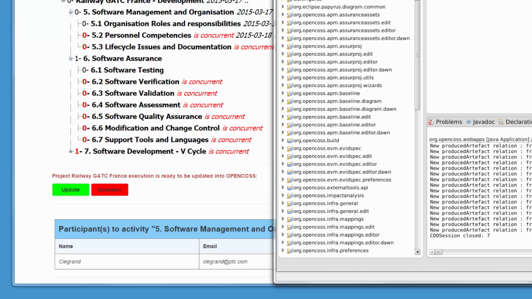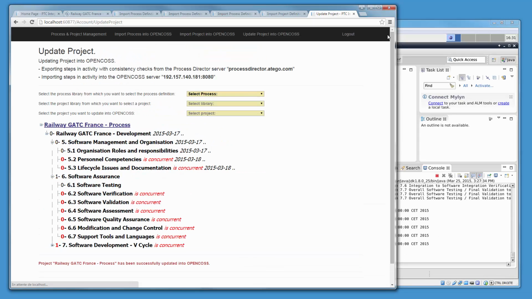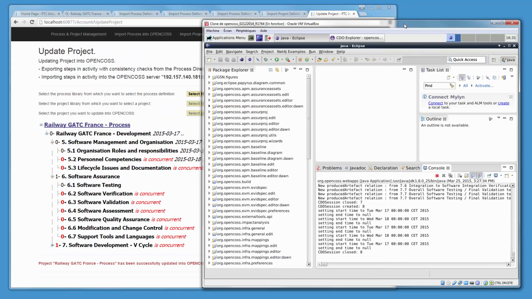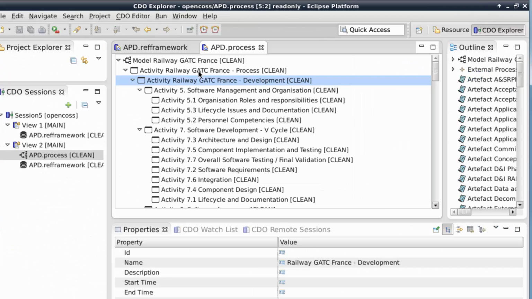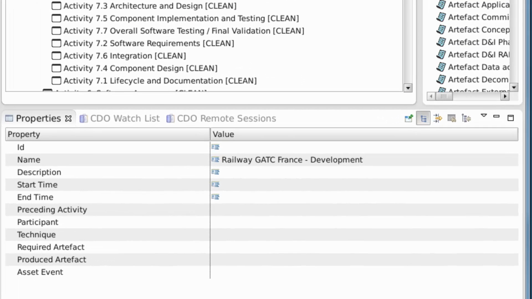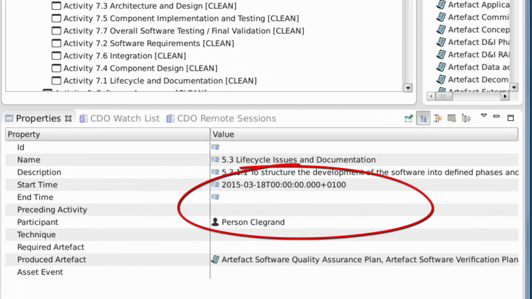We choose to import this project progress into OPENCOSS, where we retrieve this update with the CDO Explorer. For example, start time and participant of some activities,